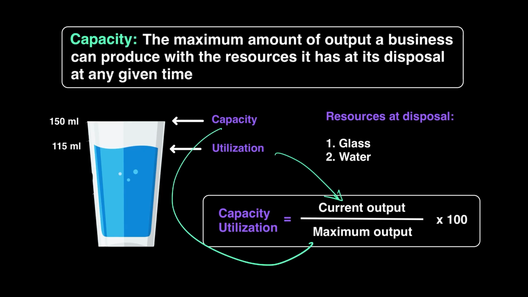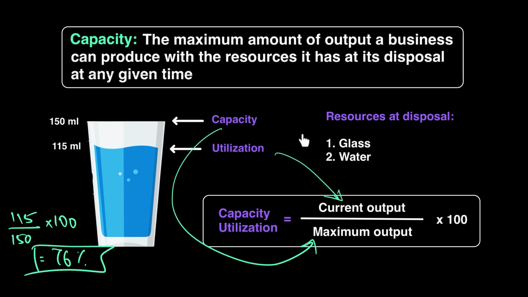So I simply plug these numbers in here, multiply this by 100, and it will give me the percentage of utilization from my total capacity. So if I do this right here on the left side here, 115 divided by 150 into 100, I believe it's 76%. So right now, with the resources that we had at our disposal, we are able to utilize 76%